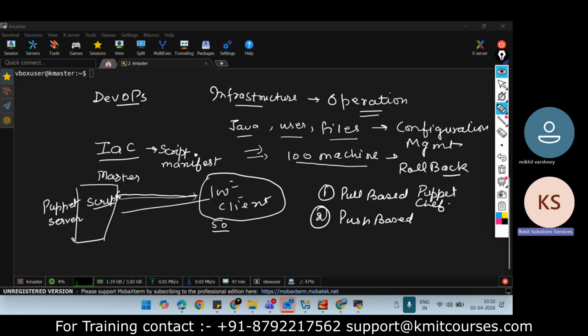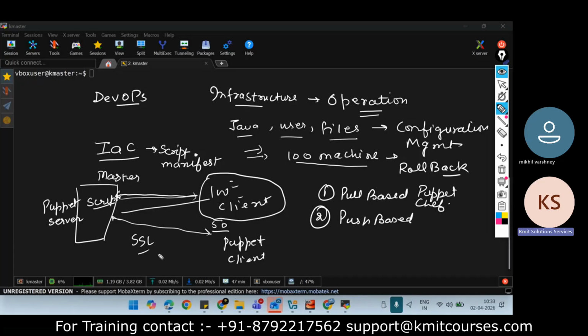So there is a Puppet server, and there is a Puppet client. On the client machine, you need to install the Puppet client. With that, client and server communicate with each other, and all the communication happens securely with SSL certificates, meaning your data is encrypted when it transfers between server and client.